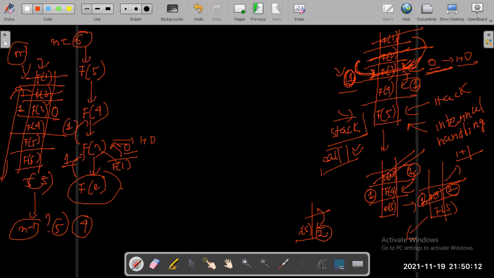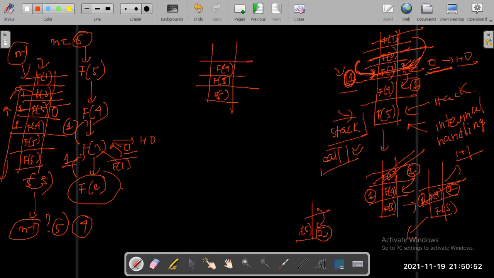So now f of 3 also gets popped out from the stack. It has calculated itself and it will return 1 to the current top of my stack. Getting it or not? Now what is the current number of functions inside my stack after f of 3 also got popped out? What is the current number of functions inside my stack? 3 function calls, right? F of 6, f of 5 and f of 4. Fine, these 3 functions are there.